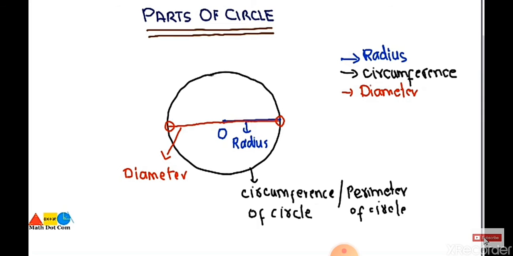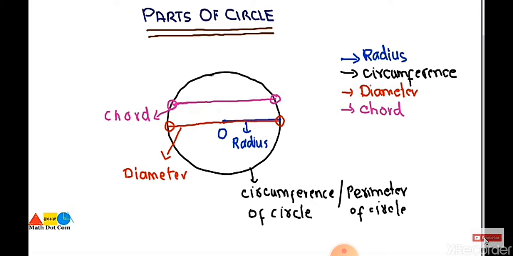If the line does not pass through the center, then it is not the diameter of the circle. Now after the diameter of the circle, we have another concept. What is this? This is called the chord of the circle. Now what is the definition of the chord? A chord is basically a line segment in the circle that does not pass through the center of the circle, but its end points lie on the boundary of the circle. So this is how the chord differs from the diameter: the diameter passes through the center and the chord does not pass through the center, but it touches two points on the boundary of the circle.